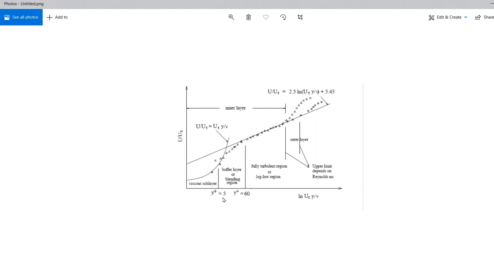Okay, wall y plus is a non-dimensional number which can be used for any geometry. So whenever the wall y plus is less than 5, it signifies the area of viscous sublayer. Okay, so we have to give the first cell height within this region.